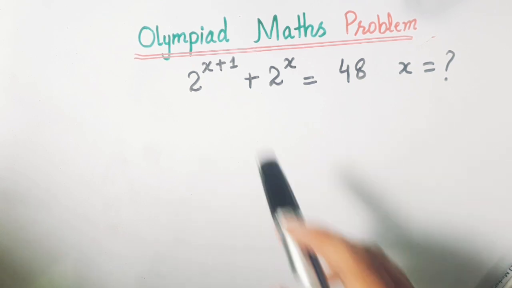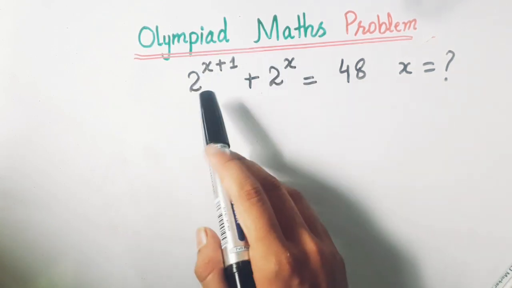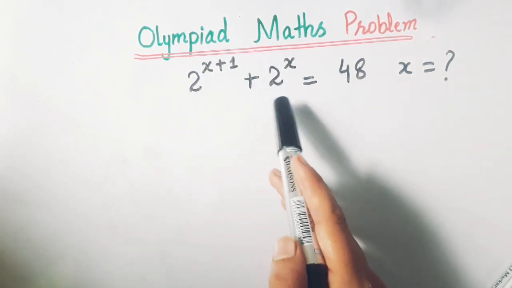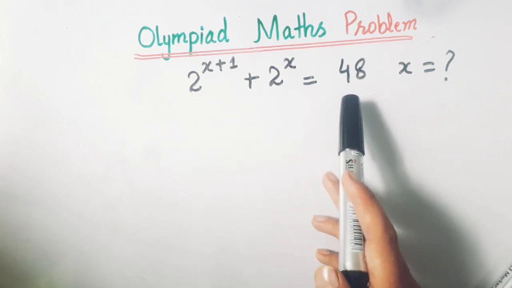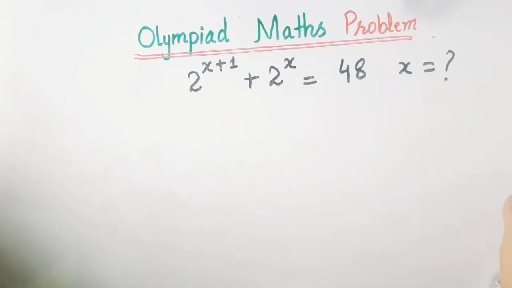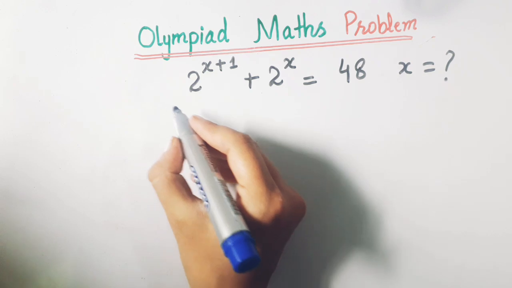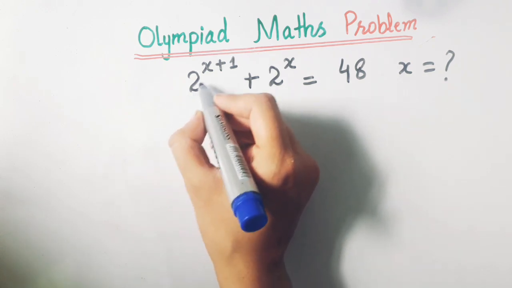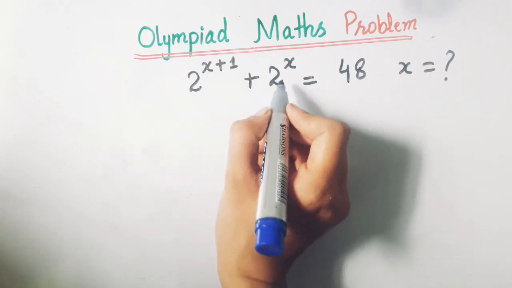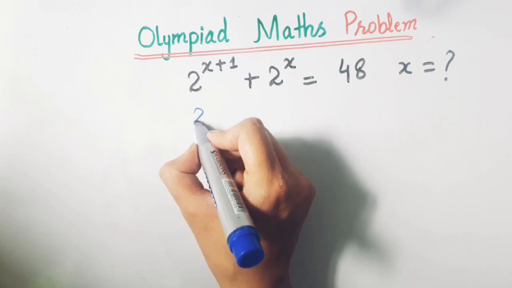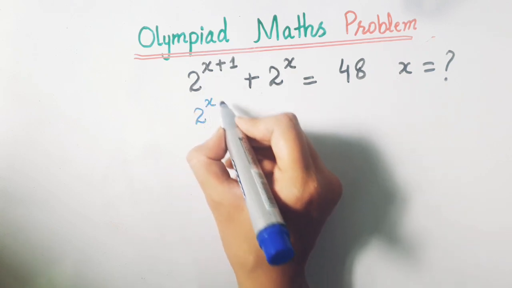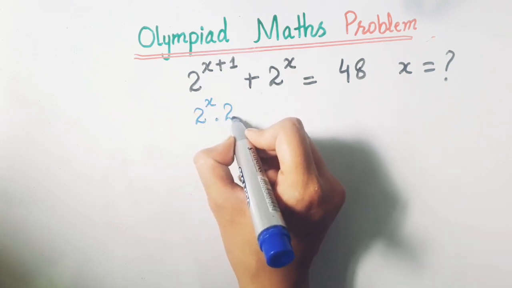Today we are going to solve an Olympiad math problem: 2 raised to power x plus 1, plus 2 raised to power x, equals 48. You have to find the value of x. For this purpose, take the left hand side, in which we have 2 raised to power x plus 1 and 2 raised to power x. You can write 2 raised to power x plus 1 as 2 raised to power x into 2,